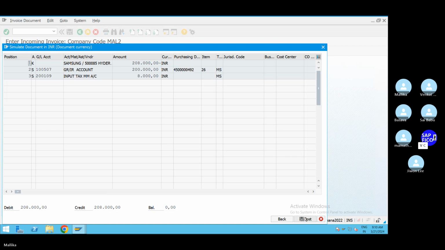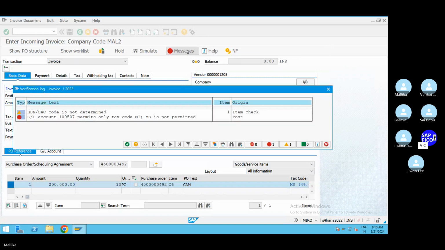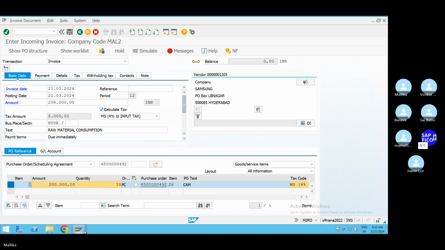Post option. Or else come back and go to the save button. That's it. It is giving messages, ma'am. Take out the message. GL account 1000507, so permit tax code M1. Okay, you do one thing. Go to the transaction code